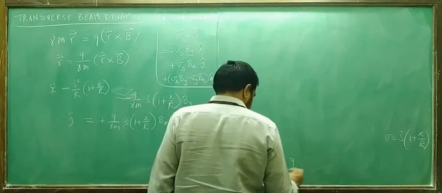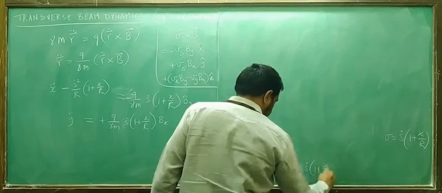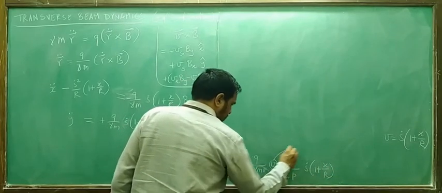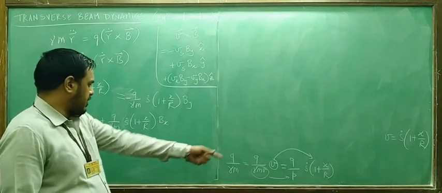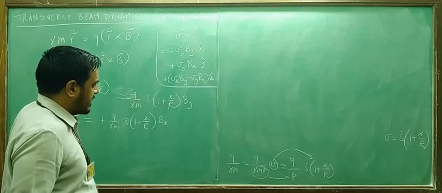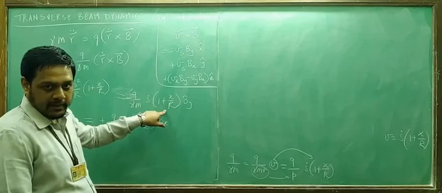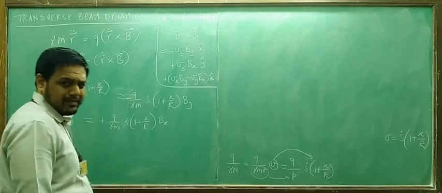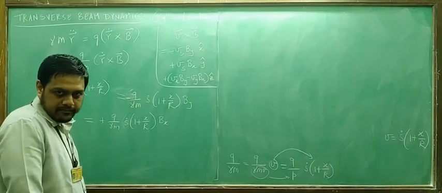Q by P into V. V we can write as S dot into 1 plus x by R. So we have done two substitutions. We have made gamma mv as P and we have put V as S dot into 1 plus x by R. If you substitute all of this into the left hand side, right hand side of either of these, basically we will end up with, there was already an S dot into 1 plus x by R sitting there. So you will get S dot square into 1 plus x by R the whole square. Kind of seems to make your life more miserable, but let's see what happens. But you will get QB by P over here.